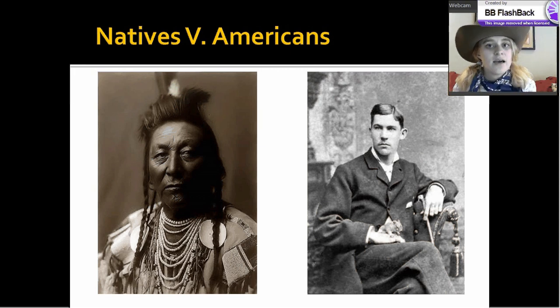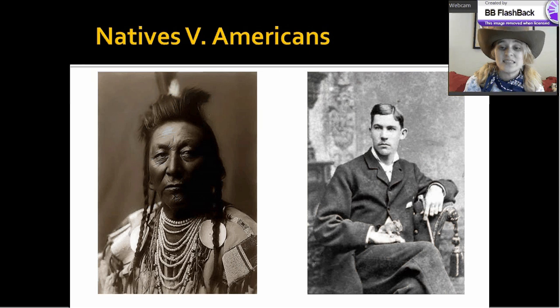And they don't have a concept of owning land. Whereas when the Americans come out west, they claim this territory, establish these farms, and they don't take kindly to Native Americans crossing their territory. You also have the U.S. government, who really has to find something to do with the military. And around this time, it's the end of the Civil War. They've got to have something for the military to do. There's a lot of veterans who need work. So what they decide to do is to send the military into the West to kind of try to control the Native American population out there. So that's kind of where we stand.